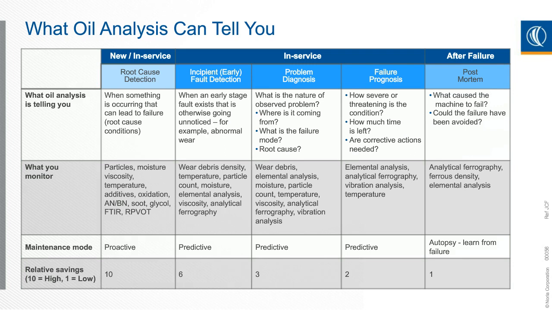That could be such things as particles or moisture, viscosity changes. All these things, if they are abnormal, it doesn't mean your machine is failing. It just means that it could potentially lead to a failure. And if you're catching those root causes before that failure and doing something about it, then you're doing proactive maintenance. The savings at this point are going to be the highest. Now, of course, you could have some wear debris present in your oil analysis, in which case the failure has already begun and now you're in a predictive zone, predictive maintenance.